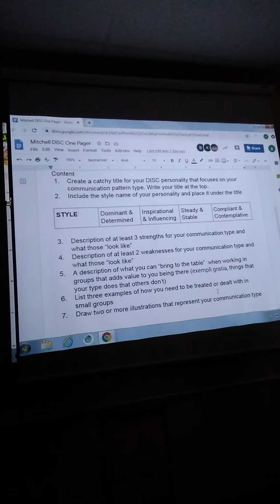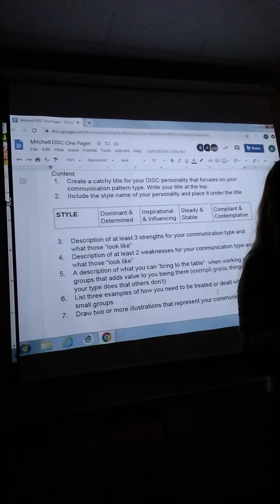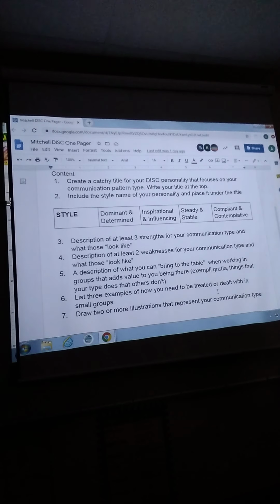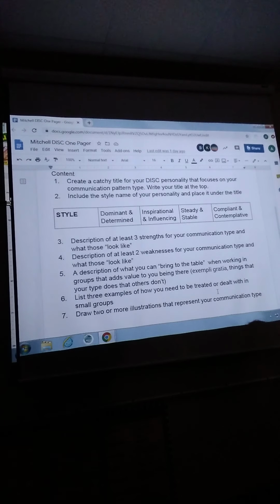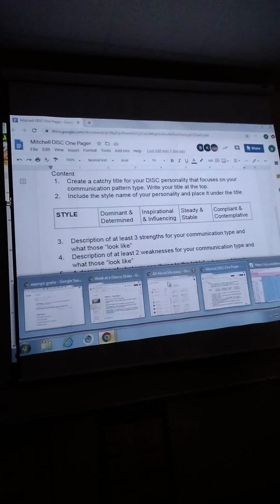The first document is what we did yesterday when you identified your personality type. So you'll want to retrieve that document. If you saved it on your Google Drive, you can pull it up. Or if you did it by hand in class yesterday, pull that out so you remember what your personality strengths were. And then on that document that is online, when you scroll through it, and I'll show you it, let me pull it up real quick, because we had internet issues yesterday. When you look at yesterday's assignment,